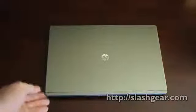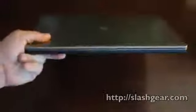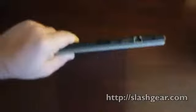Today we're taking a first look at the HP Folio 13 Ultrabook laptop. Now if you're not familiar with the Ultrabook specification, basically it's a set of standards thought up by Intel that means it's really light, pretty thin, much thinner than the standards of a few years ago obviously, and pretty powerful for all of that